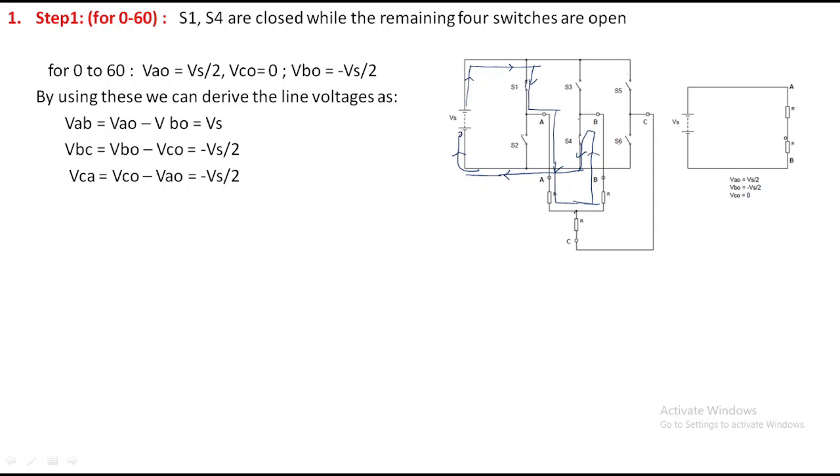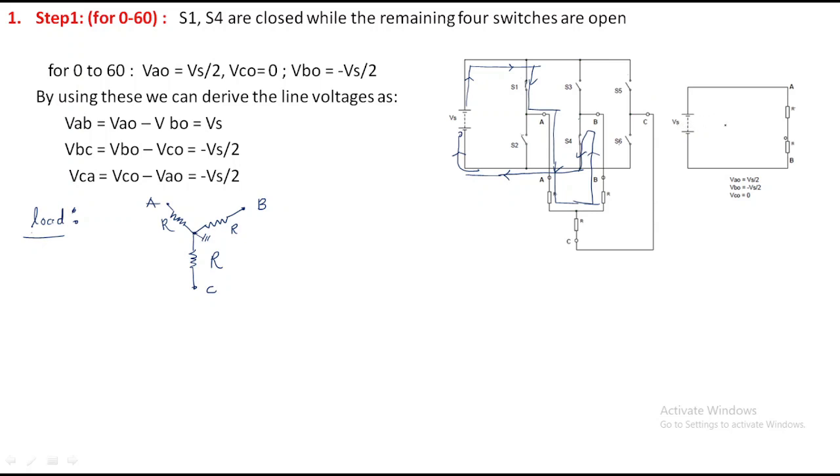At that time we have to find out the load. How is the load connected? Just write down the load here. The load is a 3-phase load. It is better to take resistors, then it will be easy. This is one resistor, and we have another resistor B, and another resistor C. This is the 0 point or neutral point. So the modified circuit for the S1, S4 closed switches is like this.